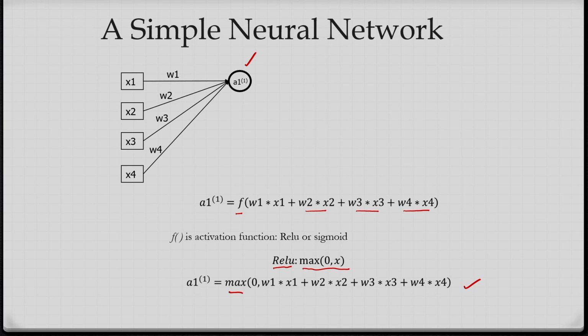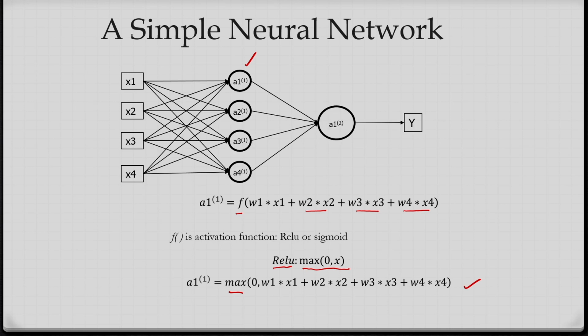Corresponding to the inputs x1, x2, x3, x4, and the connected weights W1, W2, W3, W4. Similarly, for all other hidden nodes A2, A3, A4, I can determine the response, and finally I can determine the response in the output neuron, that is A12, and finally I can consider one function, that is the softmax function, which is something like this.